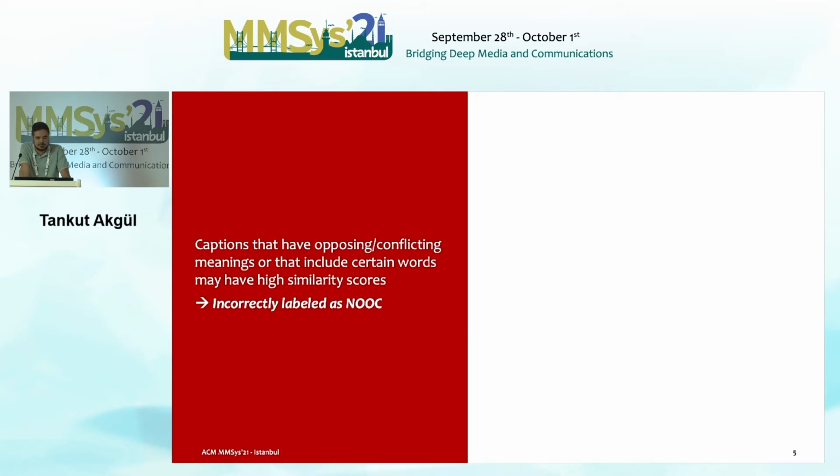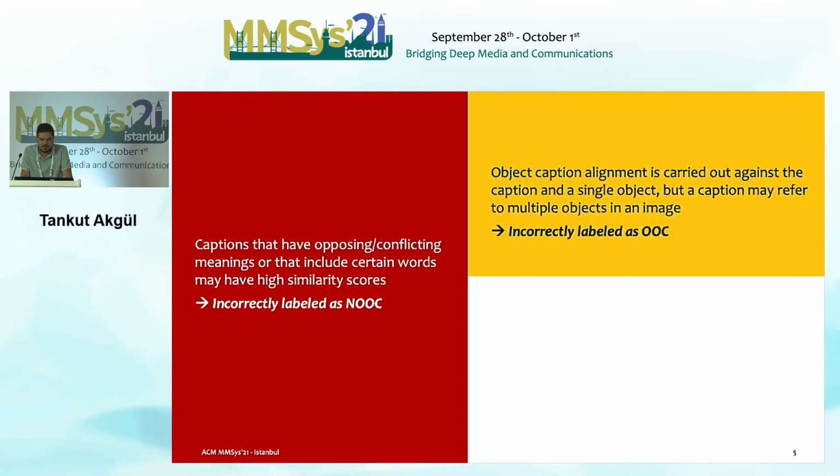But there's one shortcoming with this. The semantic similarity score that we obtain using the S-BERT model that Cosmos uses may actually give high similarity even though the captions may have conflicting meanings. So that's one shortcoming that we have observed, especially looking at the test samples that Cosmos was failing. And the other